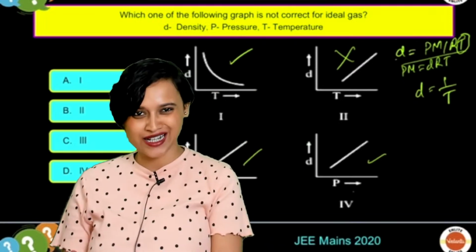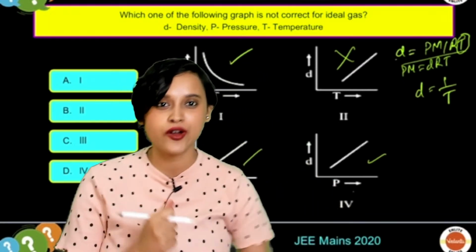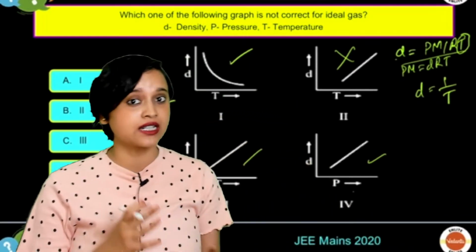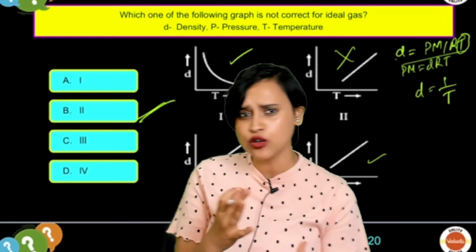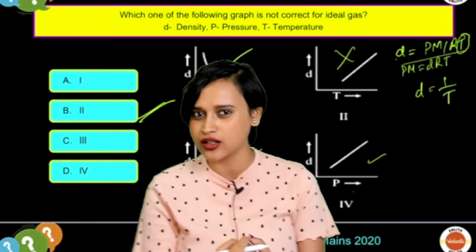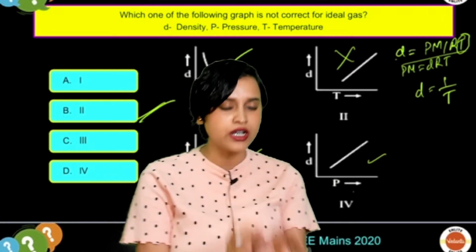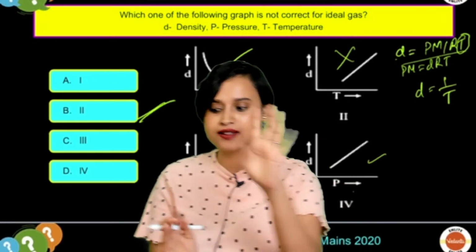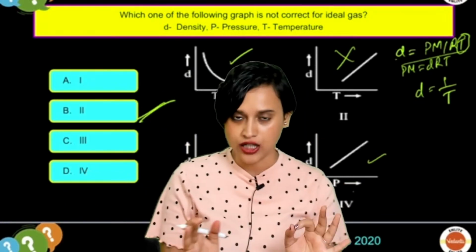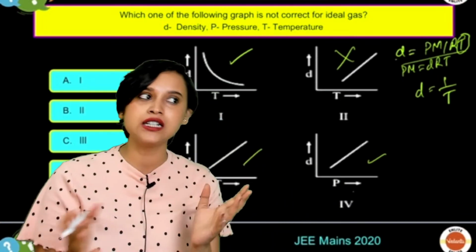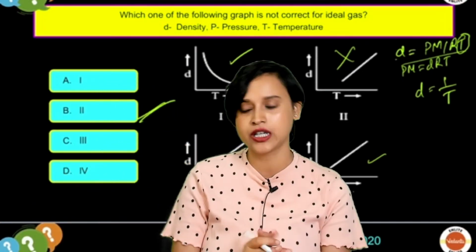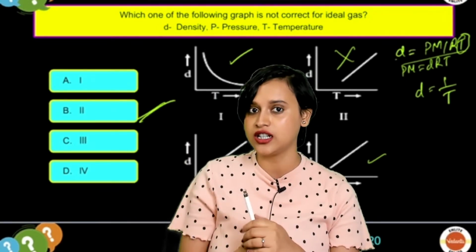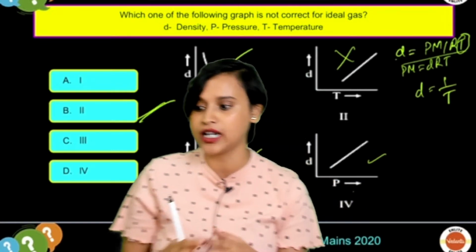Now are you all ready to move forward? Let's rev up our engine and complete the session today. Today I'm going to take some time and complete this chapter, because it is going to be a little overdose of knowledge. But be with me, everyone. Stay till the end of the class so that you can absolutely confirm the 4 marks that you are going to get from this chapter. If need be, I might even postpone my 7 o'clock class, because I want to complete this chapter before I do your JEE Advanced session or your EMCET question. So everybody, be with me.